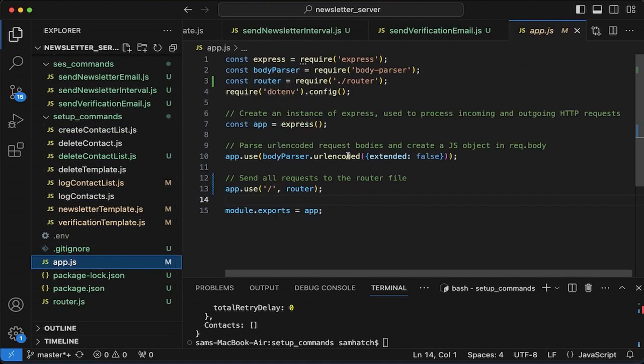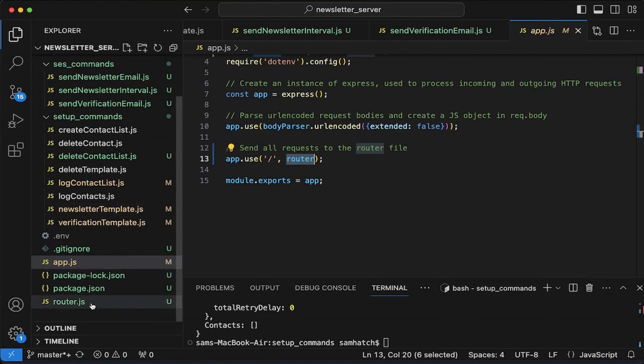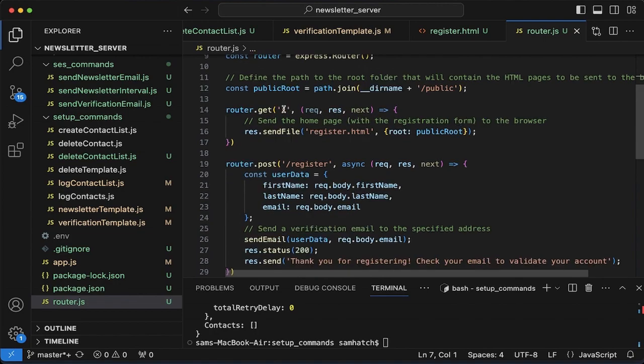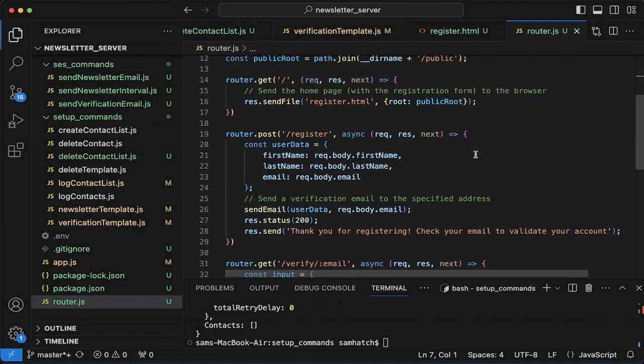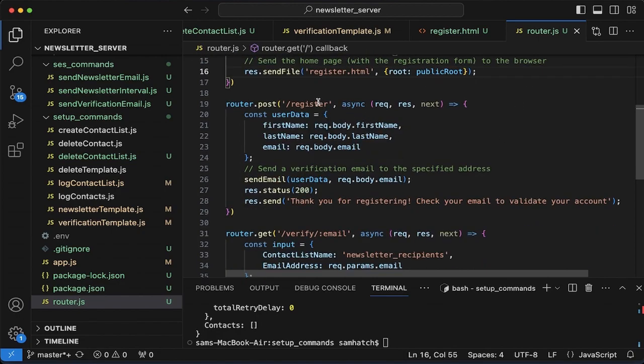The app file does some basic processing of HTTP requests. So this will just take the HTML form values and convert them into a JavaScript object. And then this routes every request to the router file. This file will look at the requested path and perform different actions based on what the path is. So the root path will render this register HTML page, and that's just the registration form. This /register route